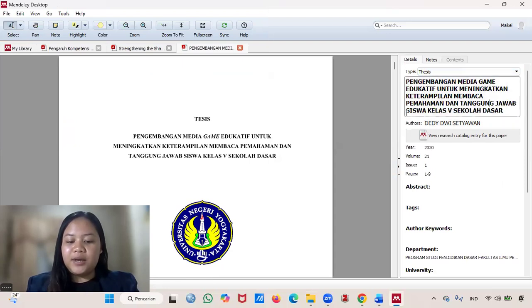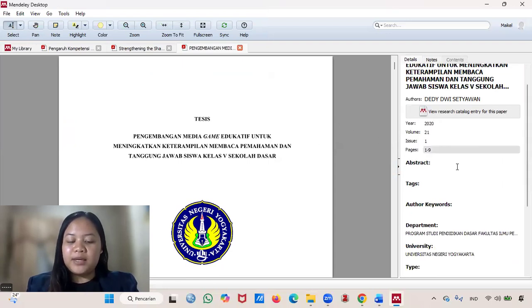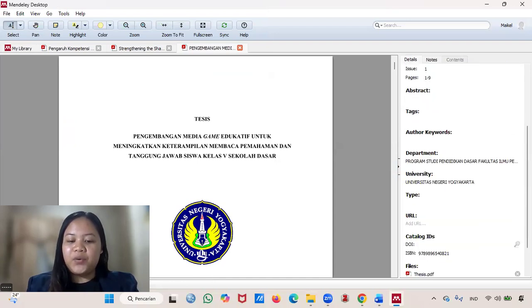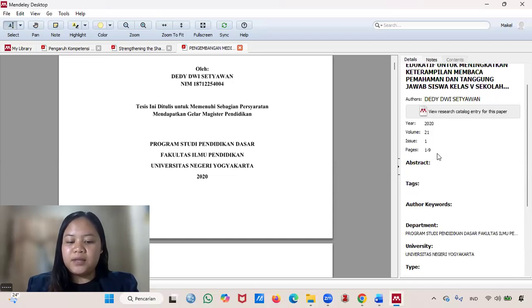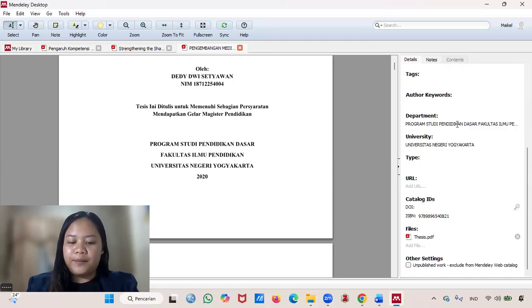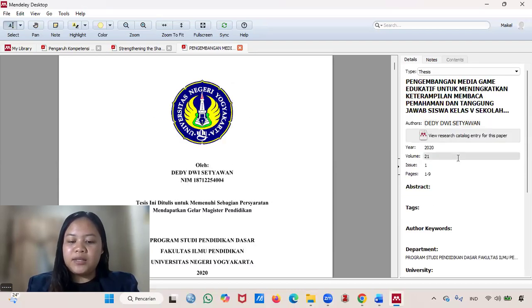There is one additional field that we must pay attention to here: the university field. Ensure the university's name is written in full. Don't forget to also check the year and department fields if they are available. Having complete data is very important so that our citation looks credible and the source clearly shows which institution it belongs to.